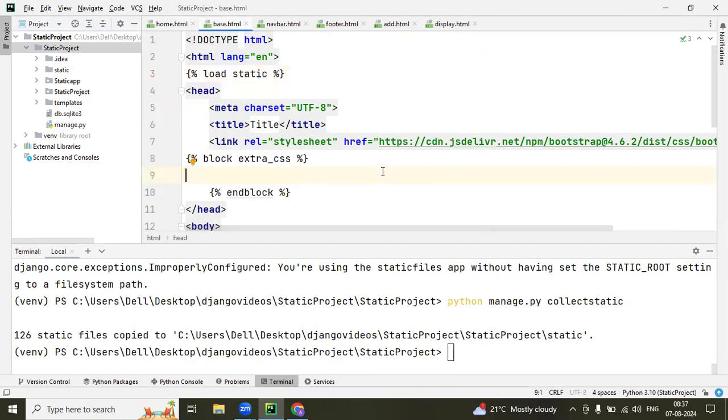Base.html now. In this base.html, the first thing is load static. You have to keep this in all the HTML files, all the template files, load static. After that,